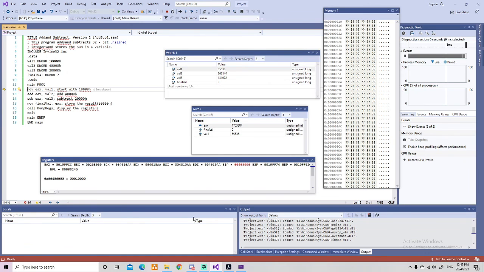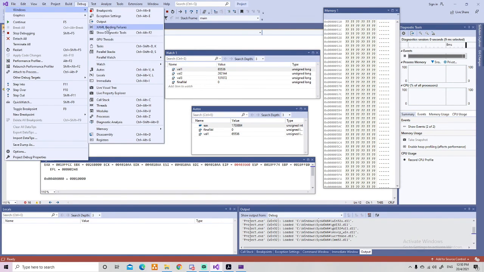Okay, for the last part, which is process debugging. First, we have to continuously press the F10 button, and then we can select all the windows in the debug, on the Windows tab, and watch autos, memory, and registers which are needed in the task.